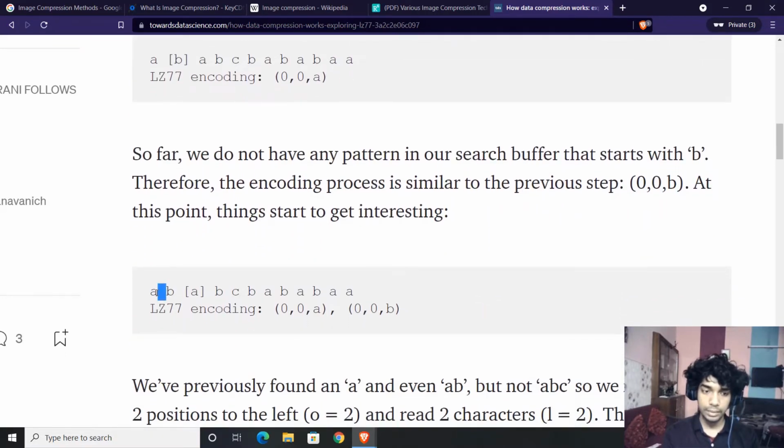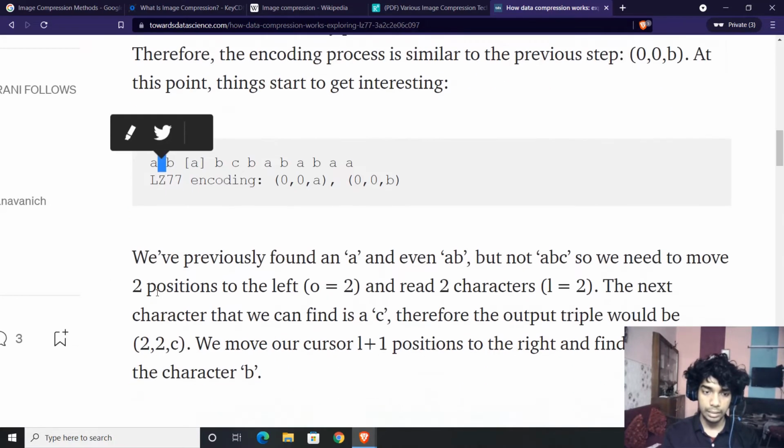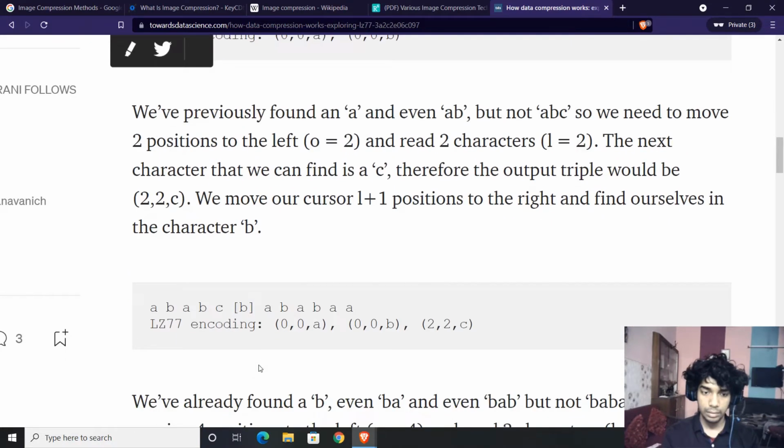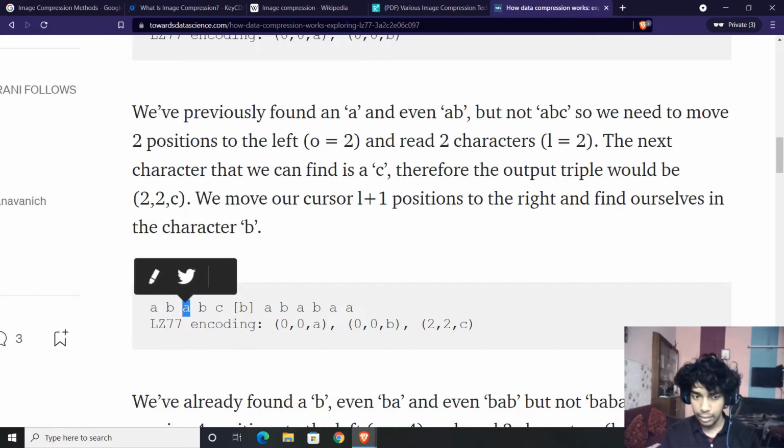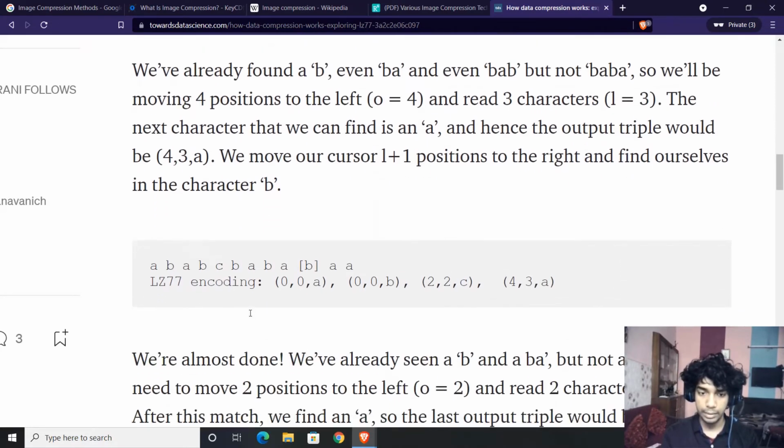So it was over here 0 0 A, now it is 0 0 B. Now here we found the pattern and that was 2 steps ahead. So we made the code 2 to C and now we move 2 steps ahead.